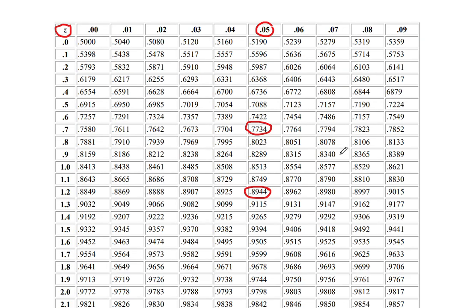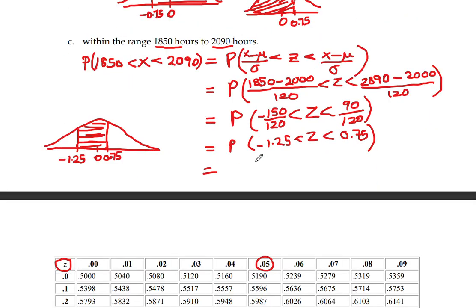And again, how to do that? We go to z, go straight down to 0.7 and then across on the 0.05 because we're looking for 0.75, and the probability reading here is 0.7734. So 0.7734 is the probability reading for 0.75. So what we did here again was to take the probability reading from the standard normal table for the positive value in the interval first,